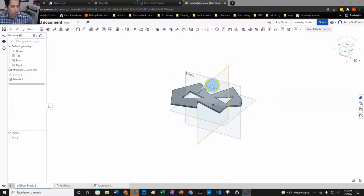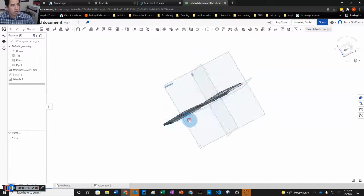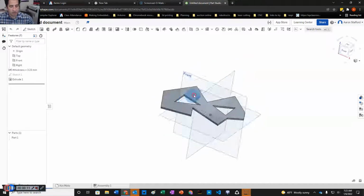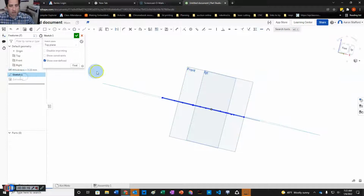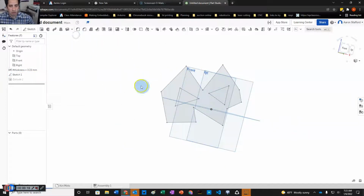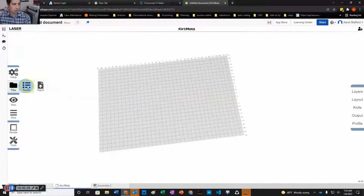All right, when we're getting ready to export things for laser cutting, something else that's important is to understand that it won't work to export in Kirimoto if, for example, the part is on the front plane. So if I move the sketch to the front plane, then let's go to files. Well, let's delete these first. And then we'll bring in our